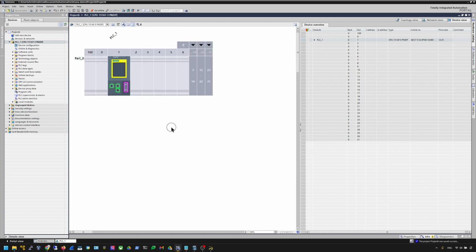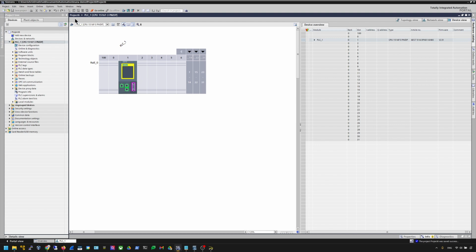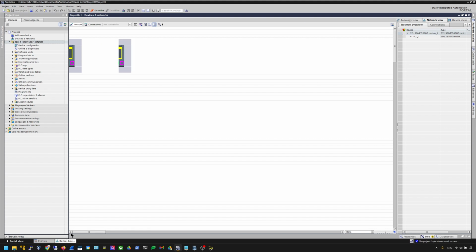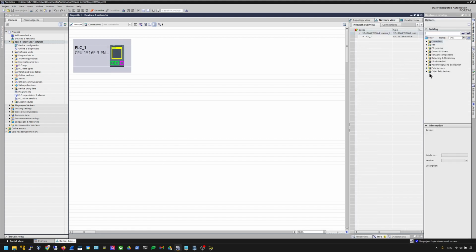Great. Okay, and then you need to install your GSD file. So go to Tools, Options, and Manage general station description files to install your GSD file that you can download from Schmersal's homepage. Okay, and then we can add the Schmersal field IO box to our project. Go to hardware catalog, other field devices, Profinet IO, and IO, and here is the Schmersal folder, and the IO device, and then you can find